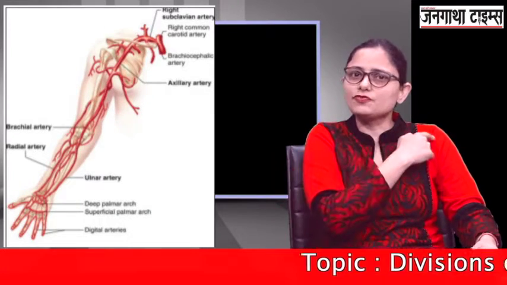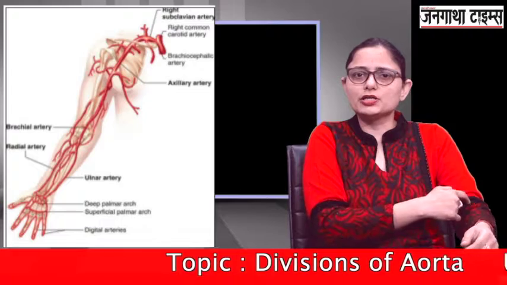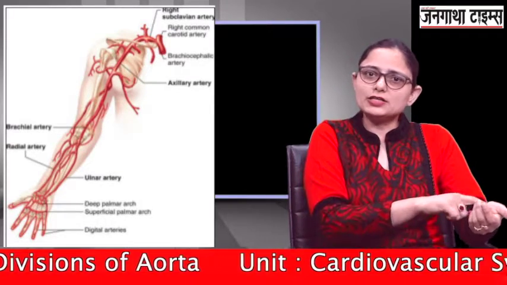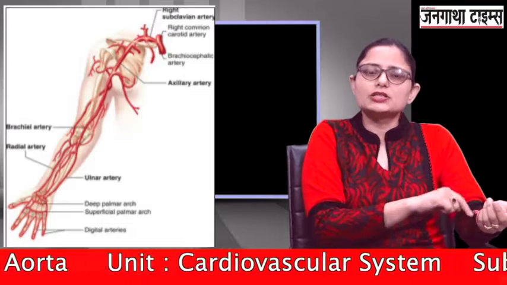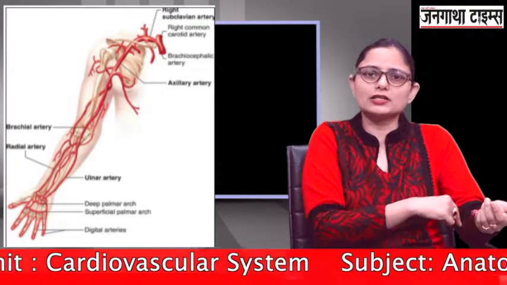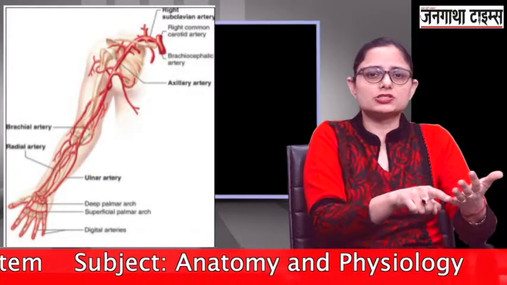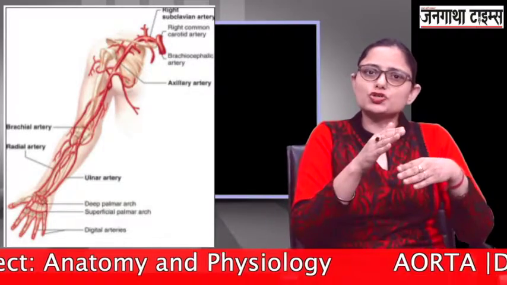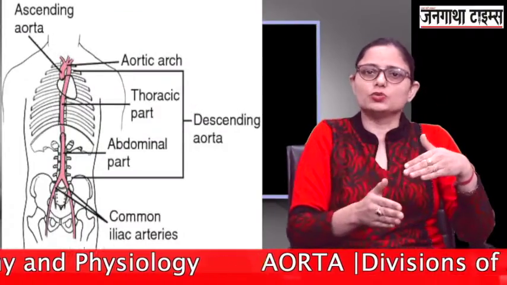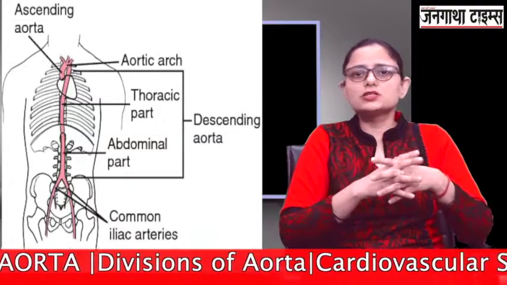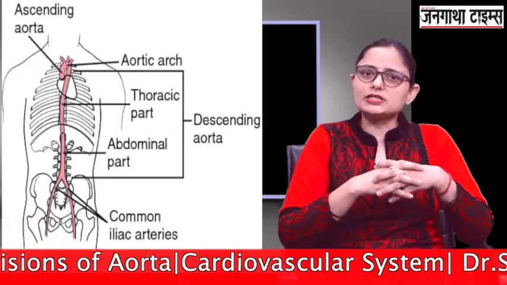The same way, left axillary artery, left brachial artery, left radial, left ulnar artery. These radial artery and ulnar artery, these names are from the radius bone and the bone ulna. And similarly the palmar arches and the left digital arteries. Now this arch of aorta, it descends downwards. When it descends downwards, that is the third division called the descending aorta.